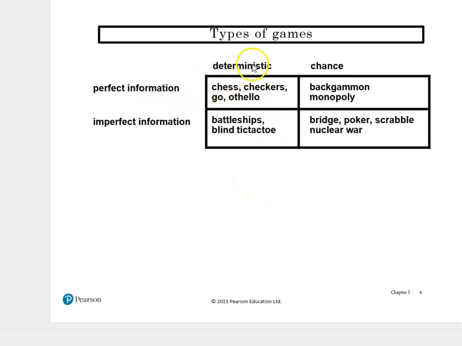A perfect information deterministic game like chess, checkers, or tic-tac-toe, like we just saw, is one type of game. That's what we're focused on. The other types of games